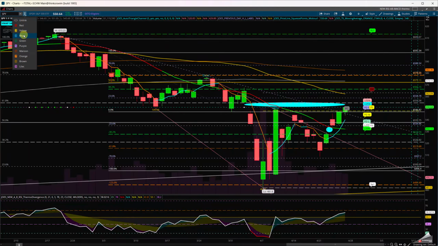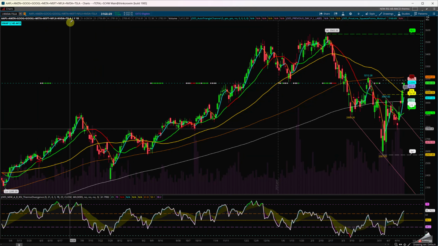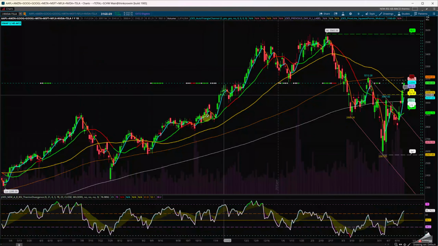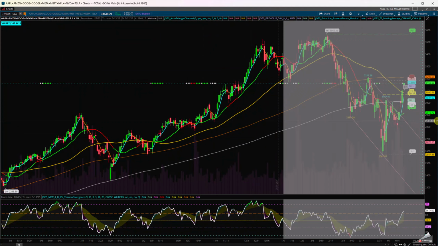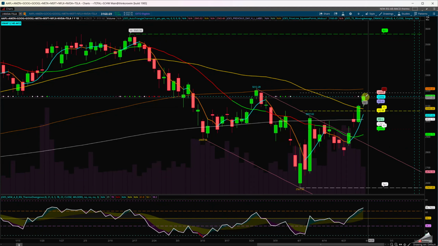The tech sectors, and what I wanted to show in this tech sectors, let's see, it's in this one. I have Apple, Amazon, Google, Meta, Microsoft, Netflix, NVIDIA, and Tesla. I included Netflix in there. We can see in this range that the combination of those 8 instruments, including Netflix, we're trying to break out, and I'm paying attention to that